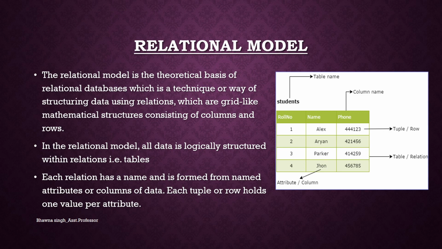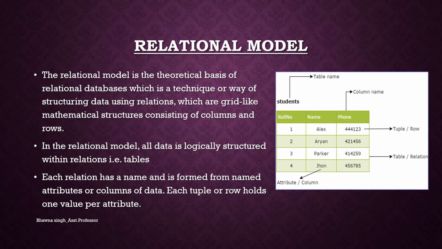In this structure of the relational model, all the information related to a particular type is stored in rows of that table, and the tables are also known as relations. Nowadays we use this relational model for databases. It is one of the most widely used database models, or we can say it is the only database model used around the world nowadays.